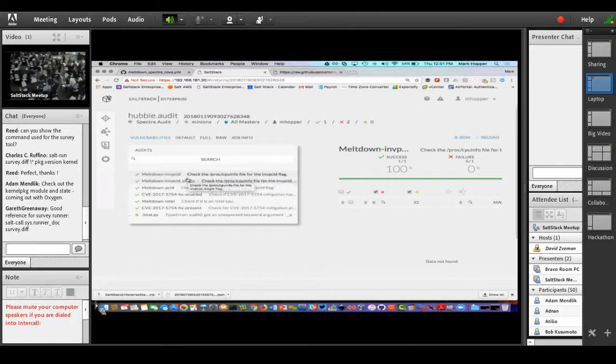Yeah, there's 2 pieces to that question. My understanding from Krister is their philosophy is that the HubbleStack project is not going to be providing remediation steps. And the other part of that is that's a job that I, as the Salt admin, created in Enterprise for my environment. I don't want to give the impression that we have Spectre remediation built in out of the box today in SaltStack Enterprise. Now, the sales guy maybe wanted me to say yeah, because then people would flock to us. But I just want to clear that: that's a job I created for that. Now, that being said,